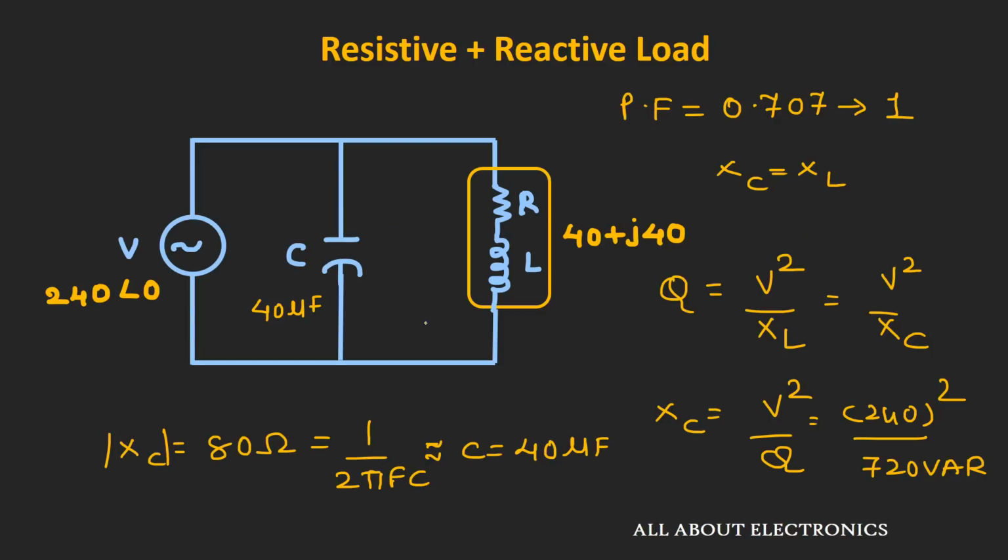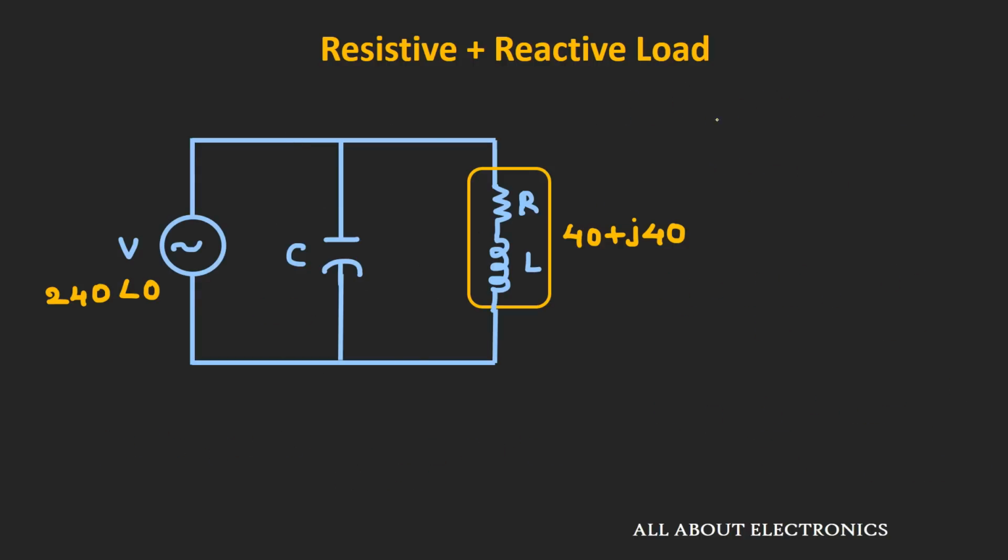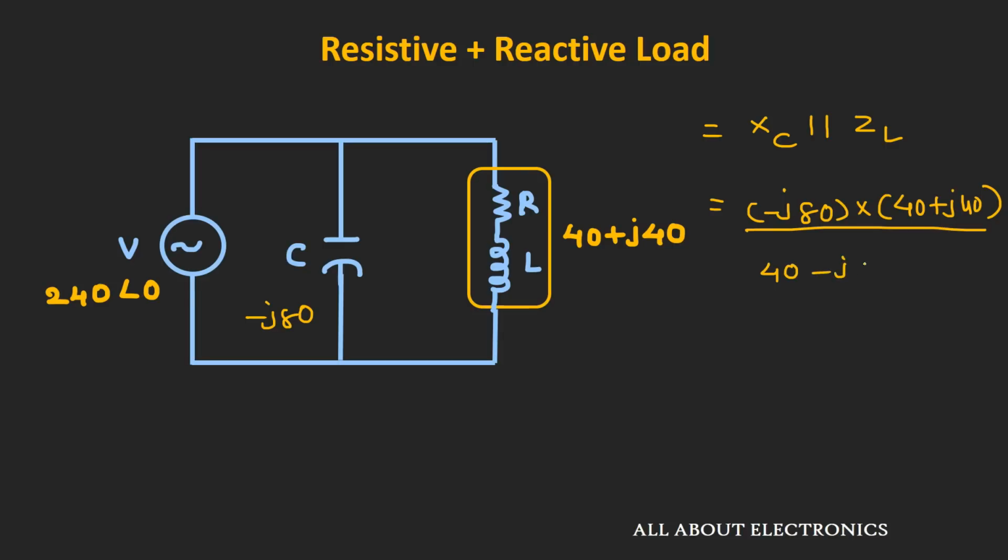Now let us also understand by introducing this capacitor how our apparent power or the total power will be reduced. So for that we need to find the overall impedance of this circuit. The overall impedance of the circuit will be equal to this Xc in parallel with this ZL. Now we already found the value of this Xc as minus j 80 ohm. So now this Xc parallel ZL will be equal to minus j 80 into 40 plus j 40 divided by 40 minus j 40. And if we calculate the value, then the impedance Z will come out as 80